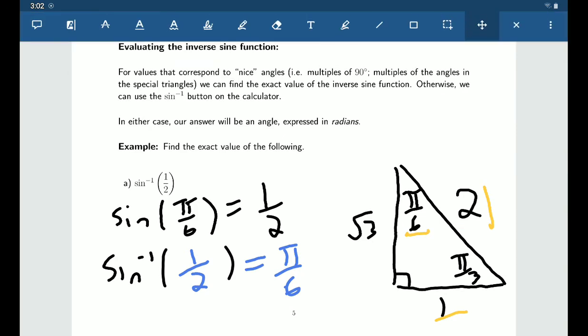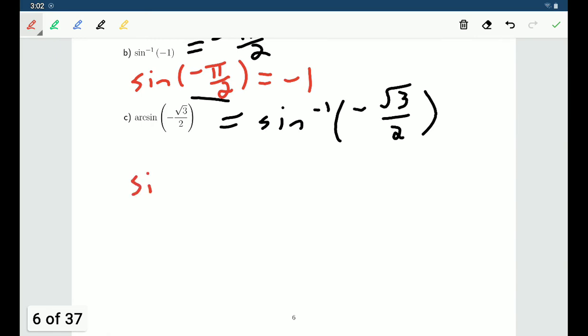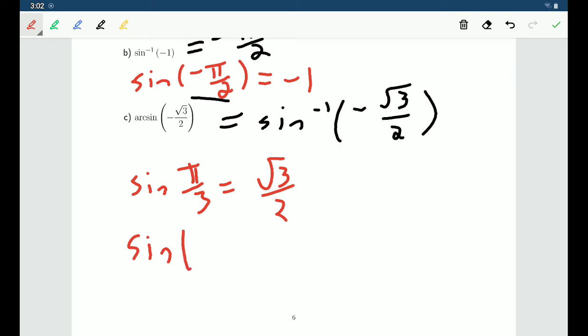So we know that sine of π/3 is √3/2, well, then we know that sine of -π/3 should be